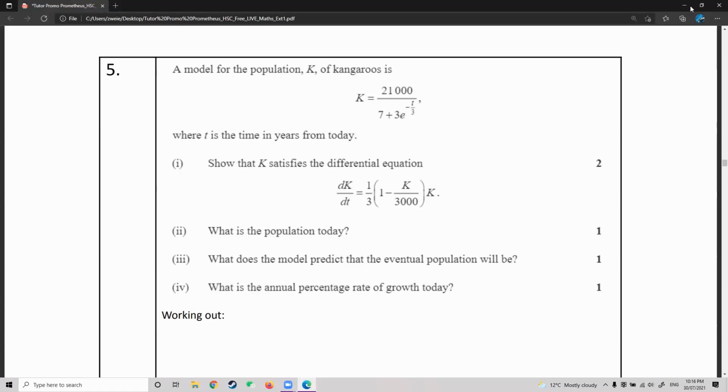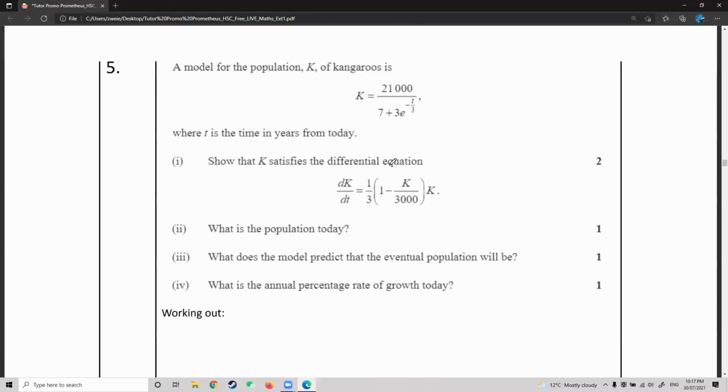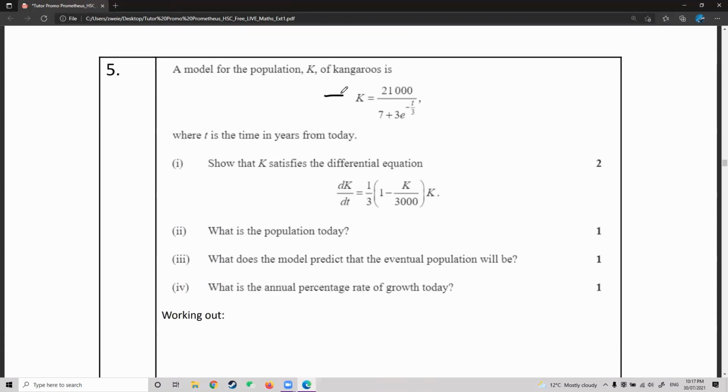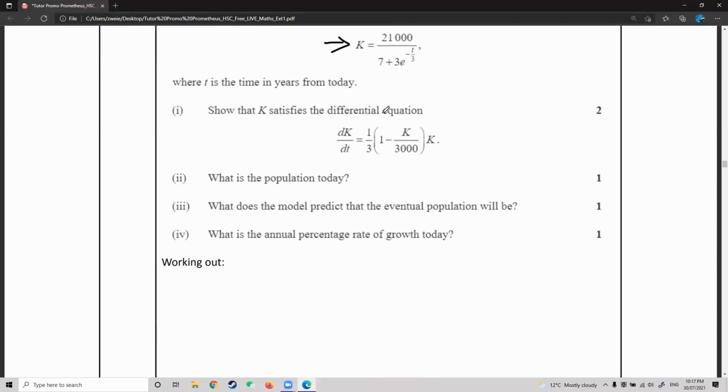Now, is this question 5, a model for the population K of kangaroos? It is this, where T is time in years from today. Show that K satisfies the differential equation. Yes, you can differentiate this straight away, I guess, and rearrange continuously, but I think it's going to take too long. So again, my suggestion will be,